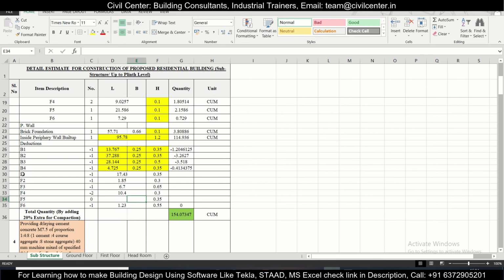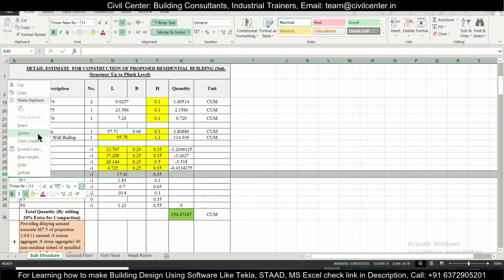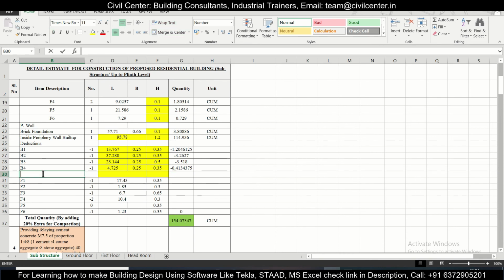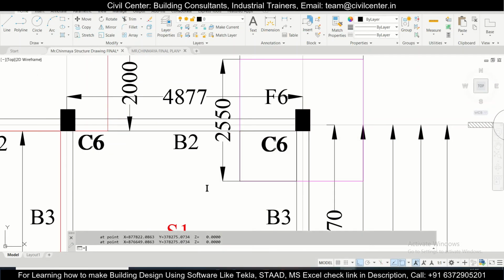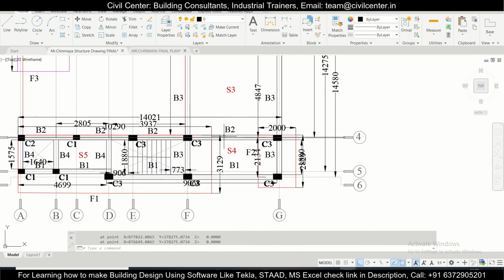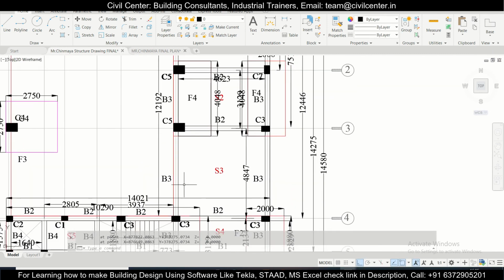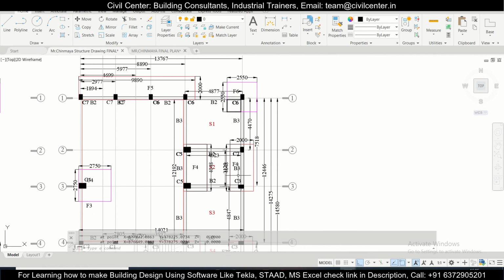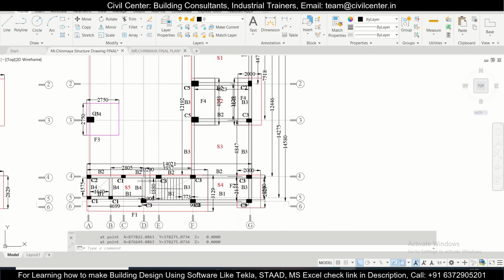So if you want to deduct for the periphery walls, we can do that. We'll just insert a column below this, and just type periphery walls, because we've taken the length of the periphery wall as well. So we'll just do -1, and in the periphery walls also, let's see what are the beams which you are having. So in the periphery wall we are having this B1 and this B2 as well, B3, B2, B1, B2, B3. So we are not having any B4 in the periphery wall.